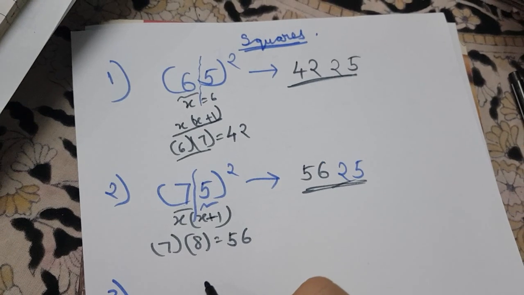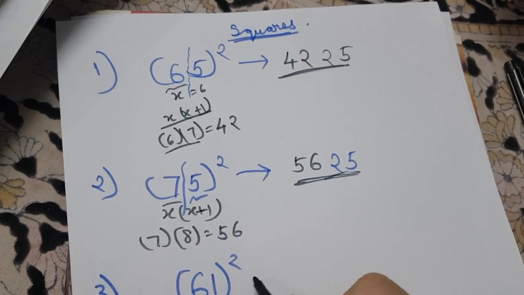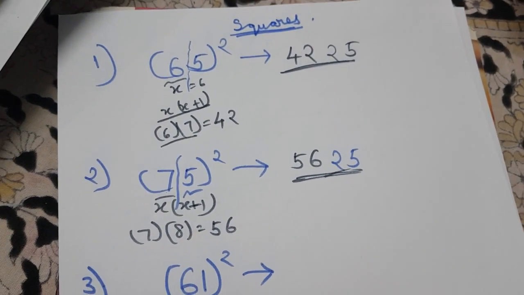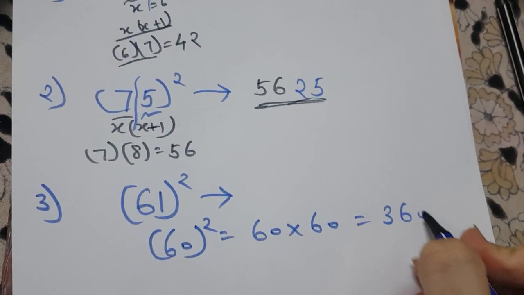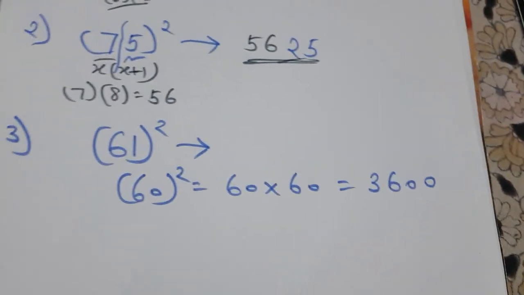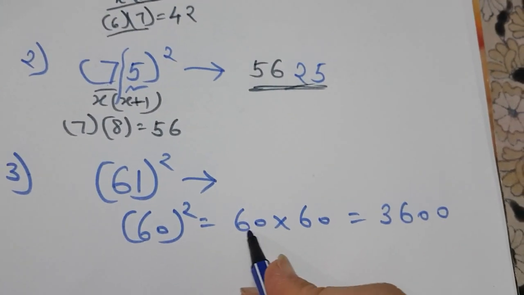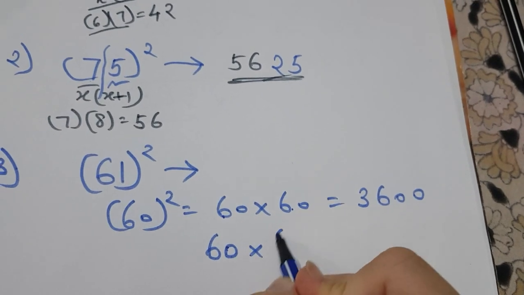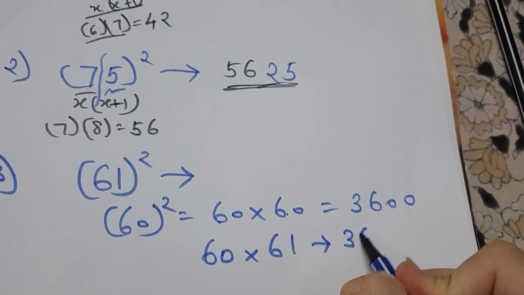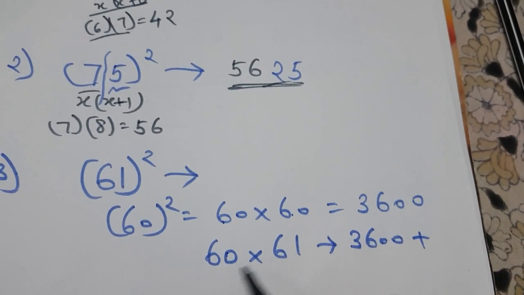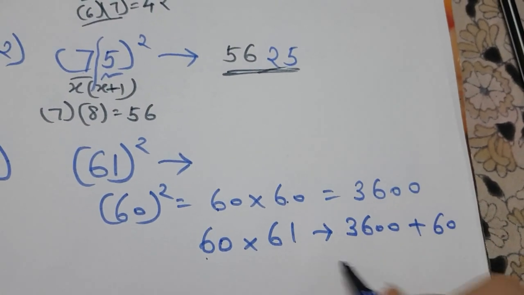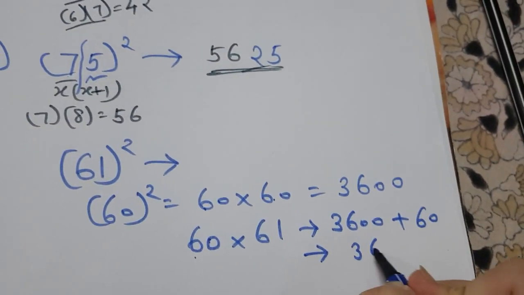Okay, now we will do a different question. Let us suppose how you will solve, if you have an example, let us suppose 61 square. You all know 60 square. We can write this as 60 cross 60, that is nothing but 3600. We can easily remember 60 square, 50 square, 40 square, 70 square, right? So here we have 60 added 60 times. Let us now imagine we have added 60, 61 times. So what will be the difference here? It will be 3600 plus, we have added 60 one more time, so we have to add 60 here. So your answer will be 3660.